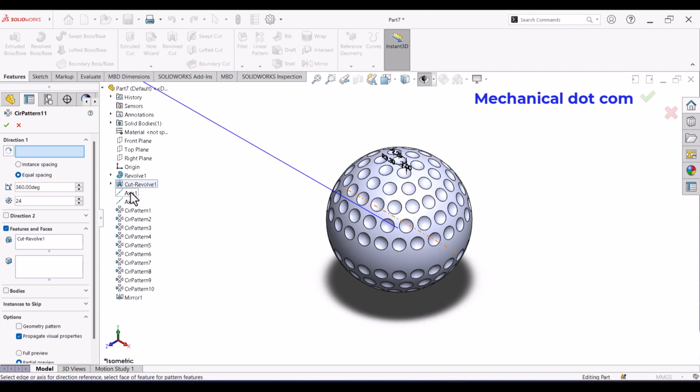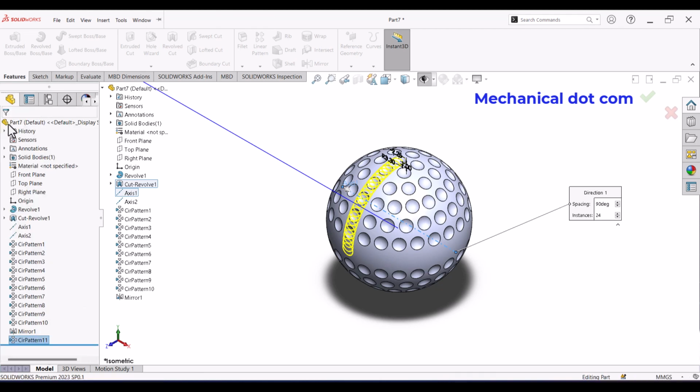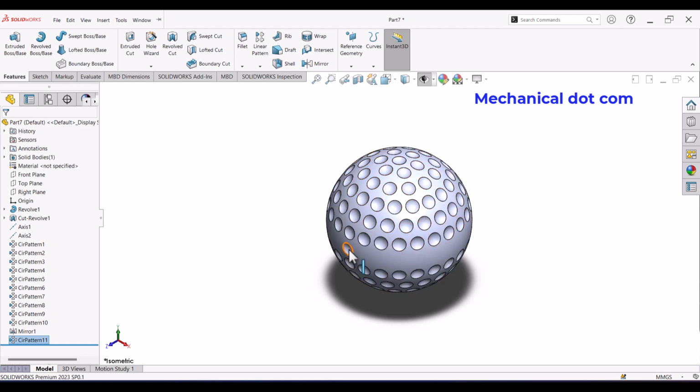Okay, we will choose here axis 1, and now the angle is 90 degree, and the number of patterns we want is 2. So press OK. See, this pattern is made.